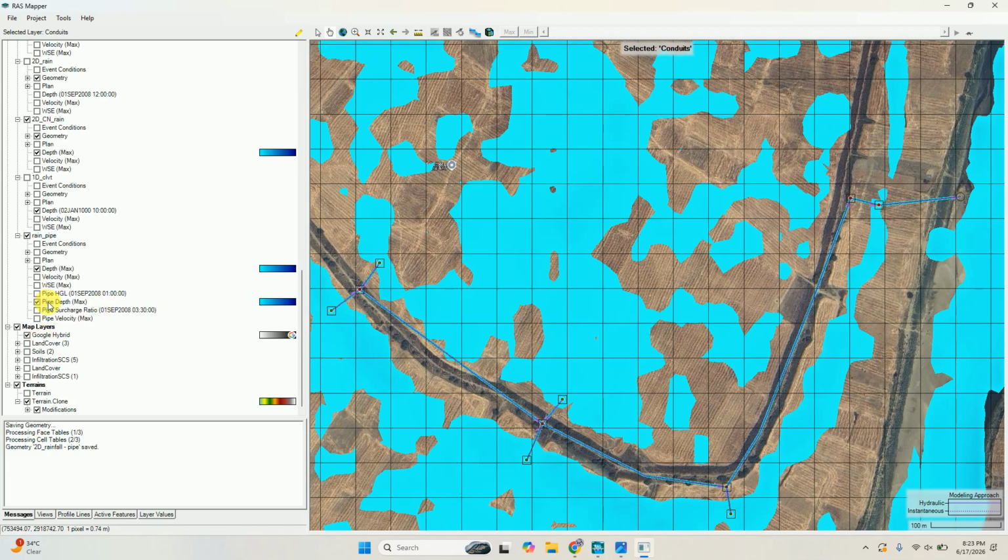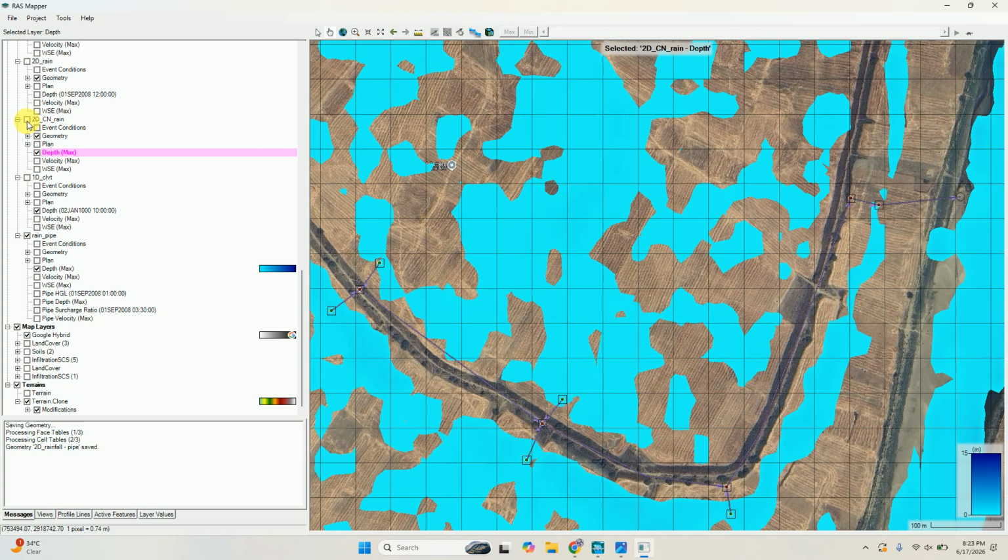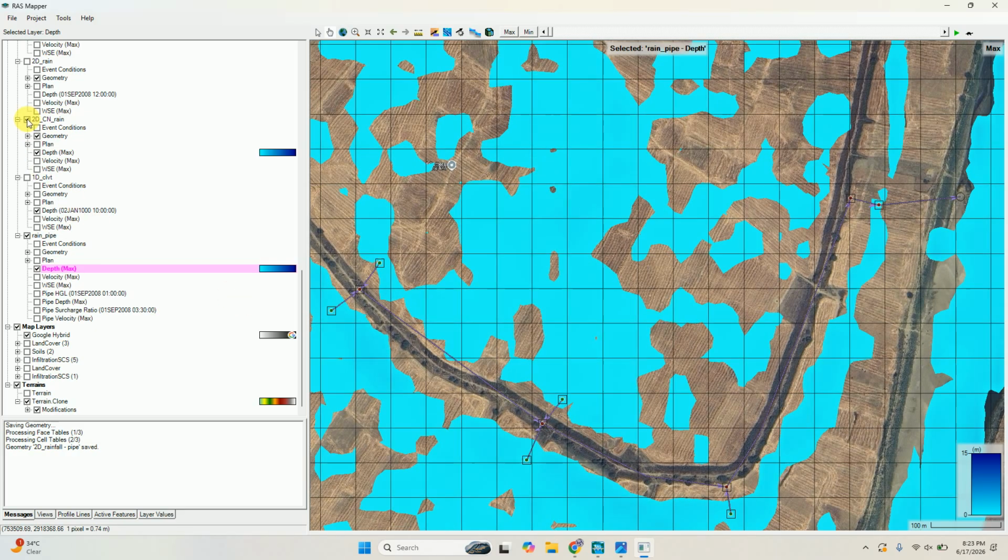This is the depth, and this is the depth here. Now it is checked with the rain and pipe. So this is the depth when the pipe is allocated here. Everything is allocated here, and this is the depth.